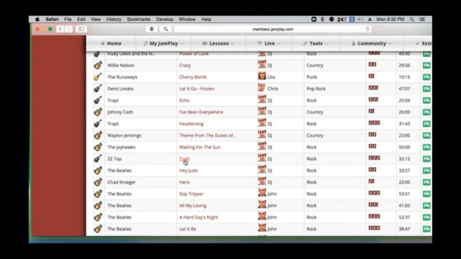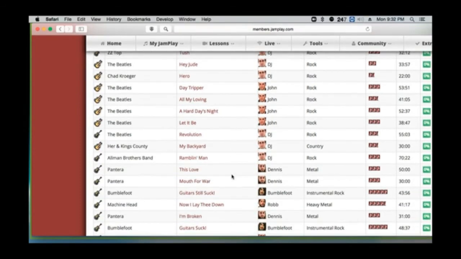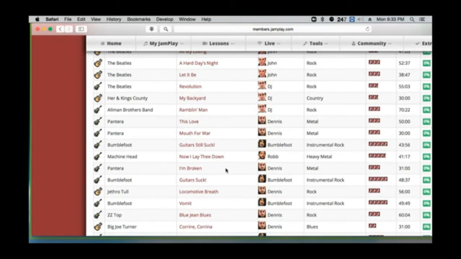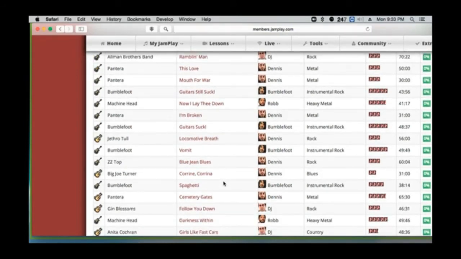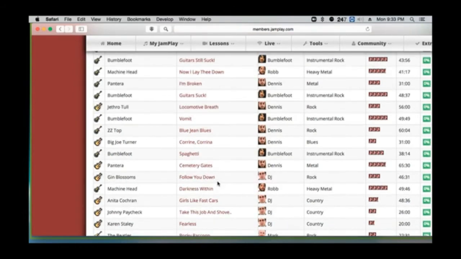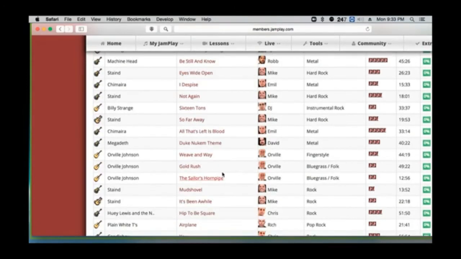Tush by ZZ Top, I see that here. A lot of Beatles stuff I'm seeing. Just gonna go through these really quickly. Instrumental rock, Spaghetti, okay, whatever that is. But so you can go through and click on a song, and the teacher will take you through